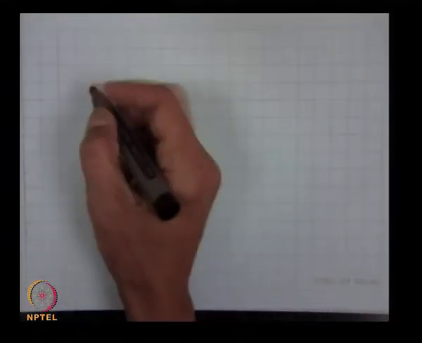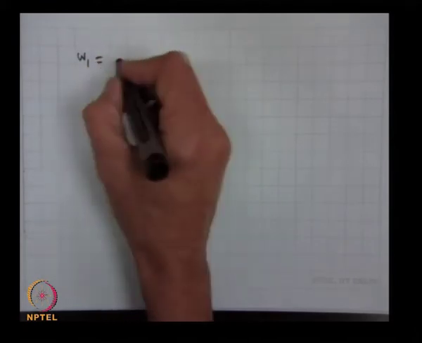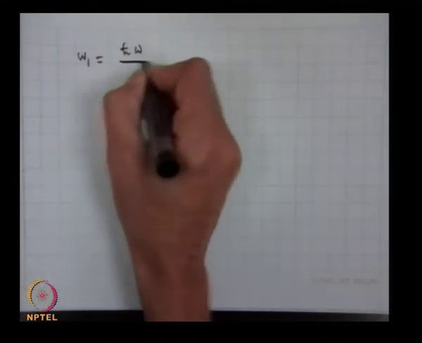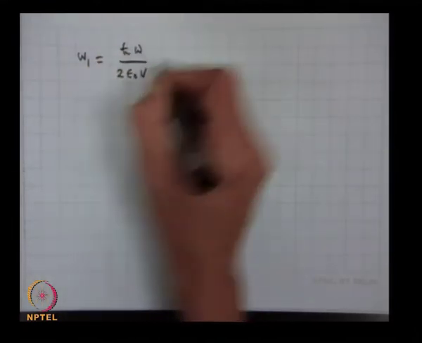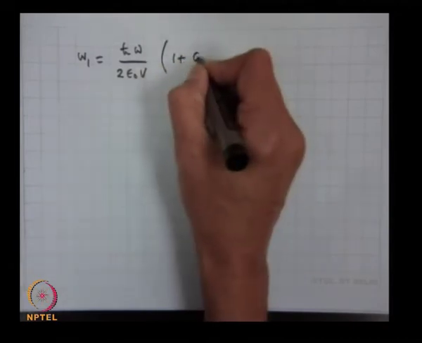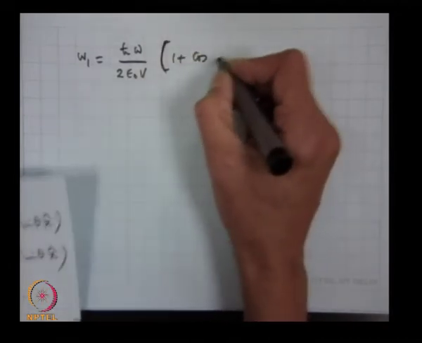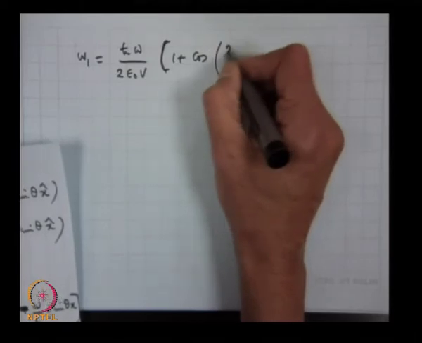So what I get is W1 is equal to h cross omega by 2 epsilon 0 V into 1 plus cosine of 2 omega by c